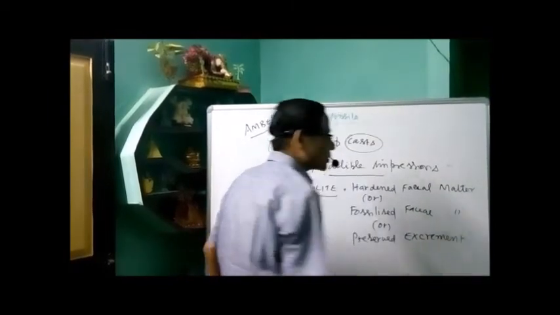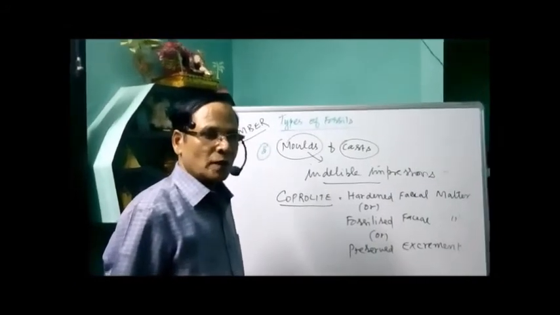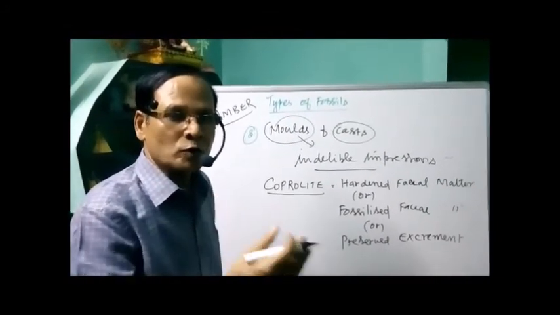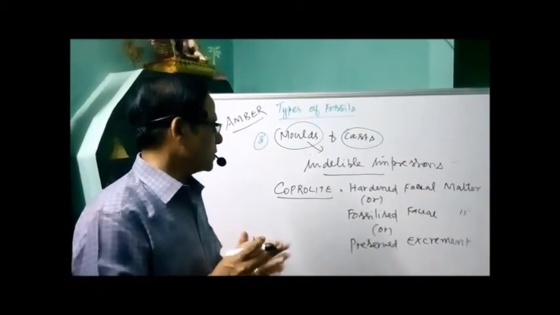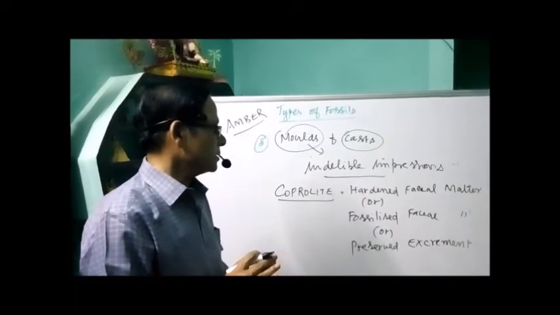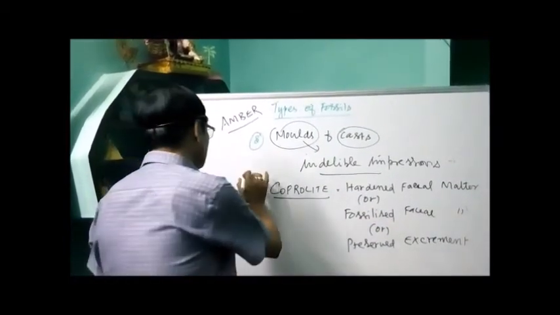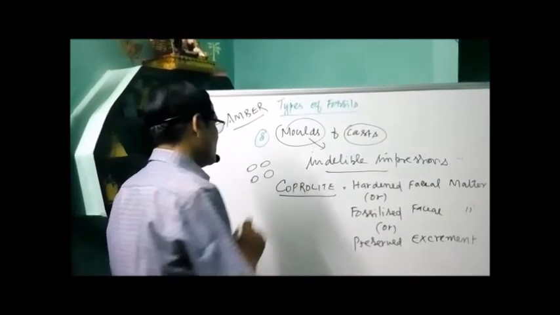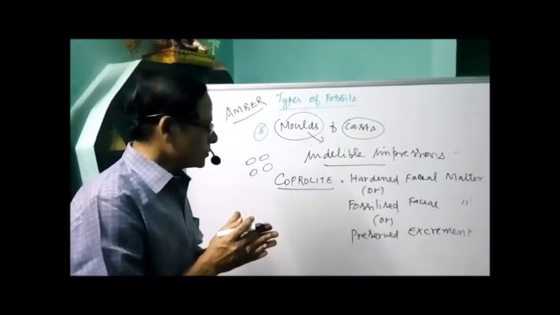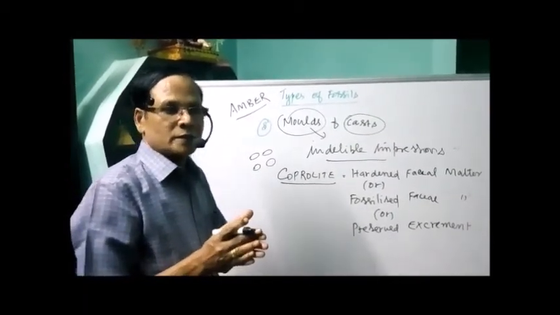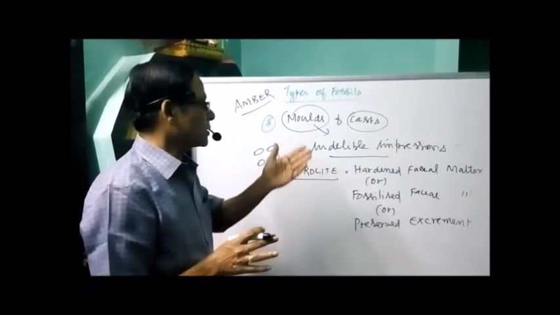We hear the word coprophagy. The word coprophagy refers to animals which feed on their own feces. Now coprolite is a kind of fossil, otherwise called hardened fecal matter, fossilized fecal matter or preserved excrement in the form of small pellets. When these pellets are analyzed, one is able to understand the nature of the diet of the prehistoric animals on which they thrived.